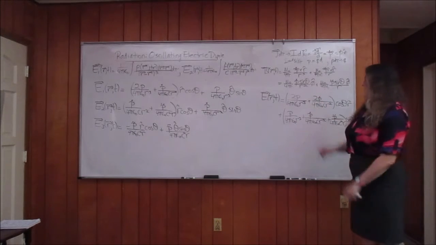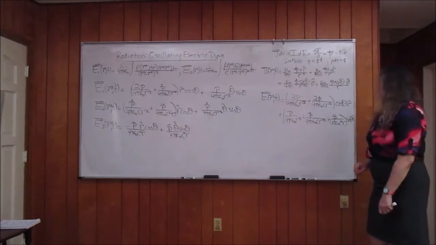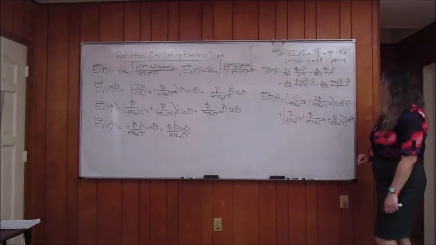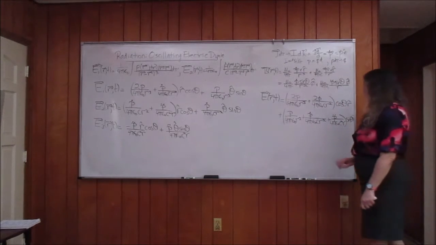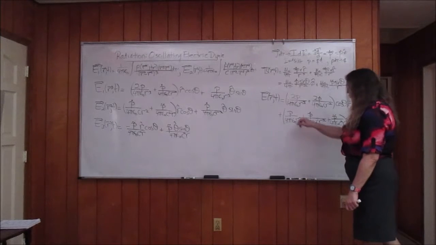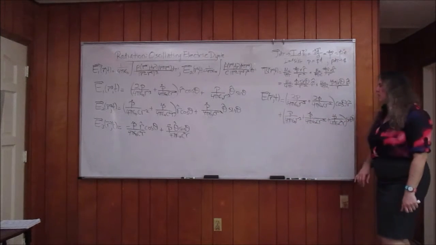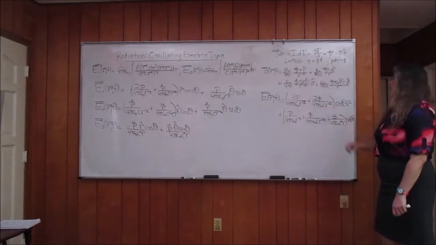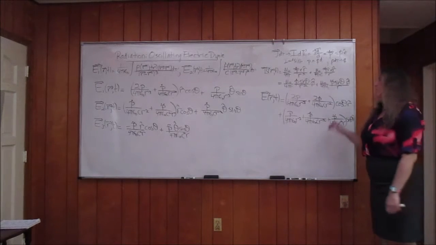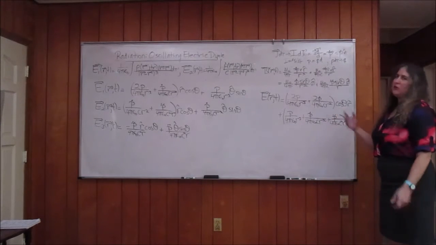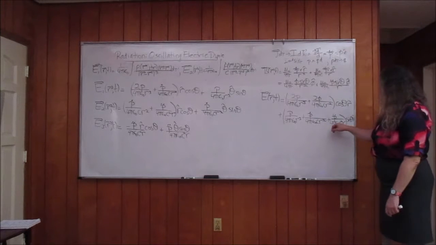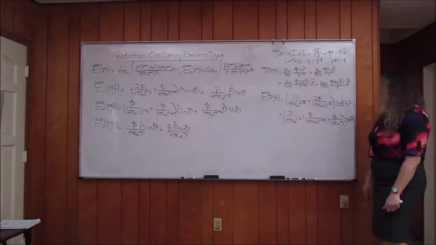So we have 2p over 4 pi epsilon naught r cubed, plus 2 p dot over 4 pi epsilon naught c r squared, times cosine theta in the radial direction, plus p over 4 pi epsilon naught r cubed, plus p dot over 4 pi epsilon naught c r squared, plus p double dot, the second derivative of p the dipole moment, over 4 pi epsilon naught c squared